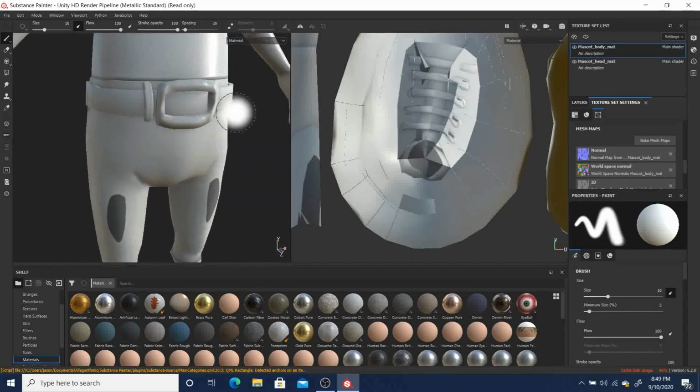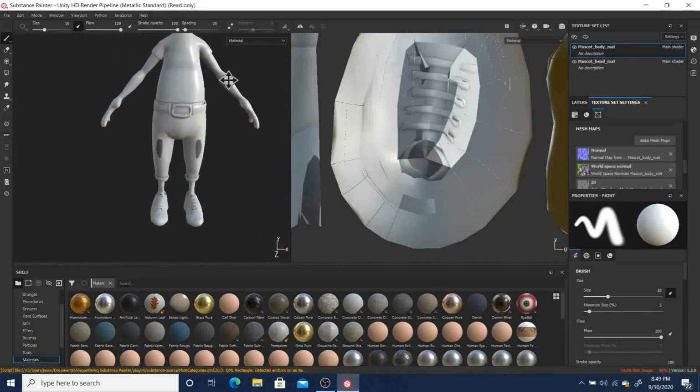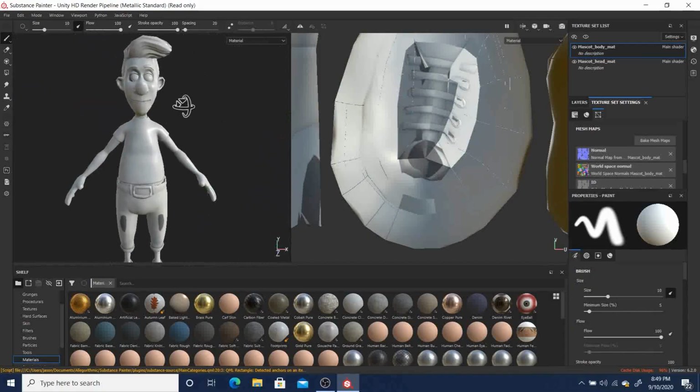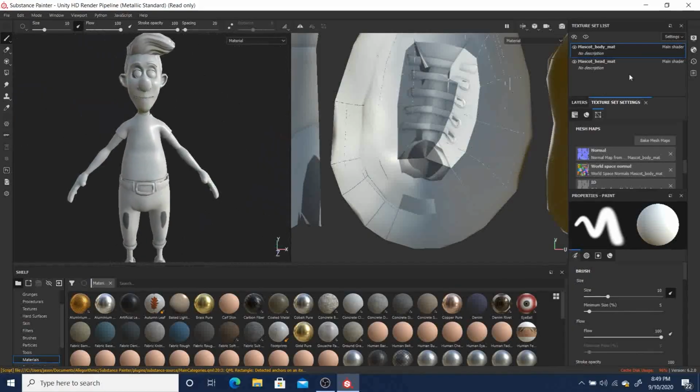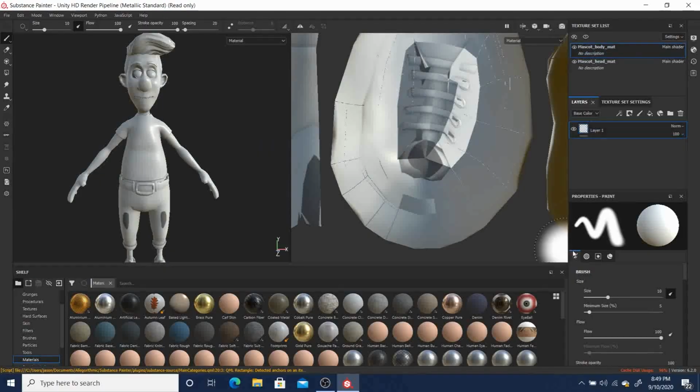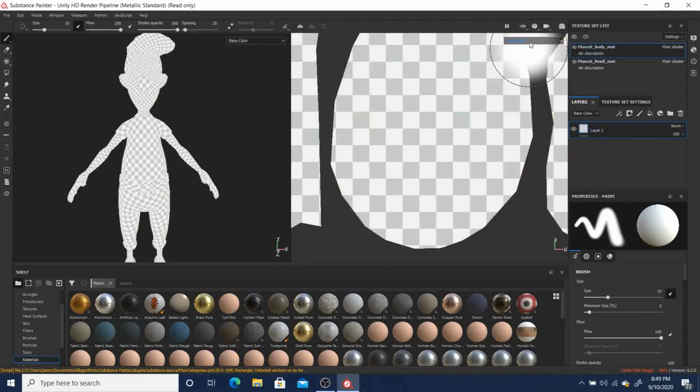So the sew stitches turned out okay too. So if we're going to fix, say, the body pieces, we can go to the, let's see, the normal